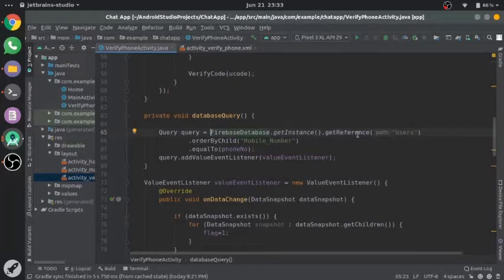Firstly, we are getting the instance of Firebase database, then we are getting the reference users, and in the users we are querying about the mobile number and trying to find whether this mobile number is equal to the mobile number which the user has entered. That means we have the query to match, is there any node in the users whose mobile number is equal to the phone number.